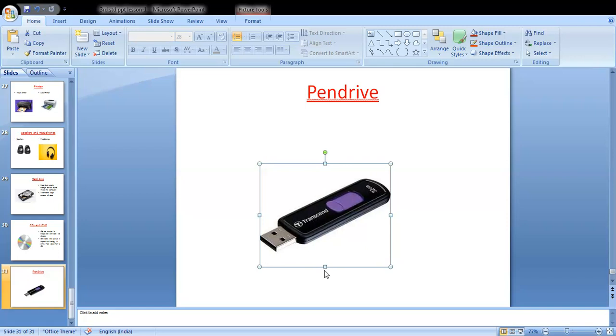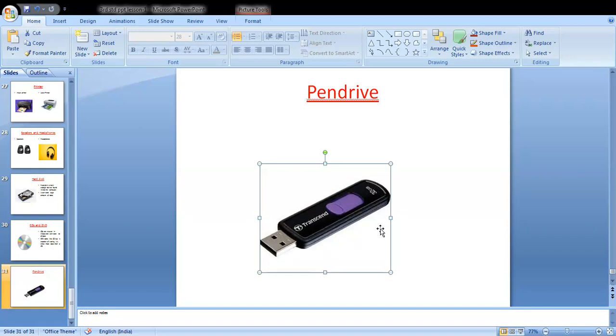It can be easily carried in a pocket or a bag. It can be used to store and transfer data from one computer to another. Means if you want to take any information from one computer to another computer, a pen drive is used.